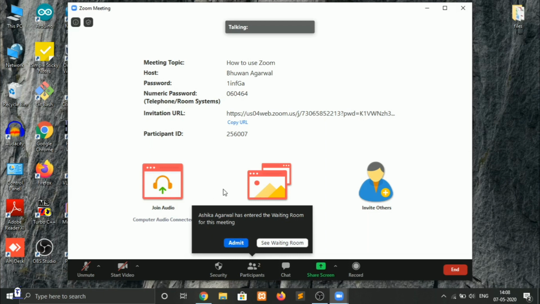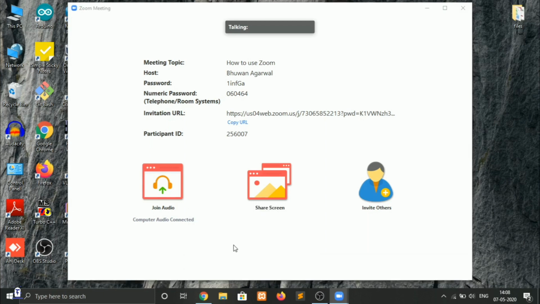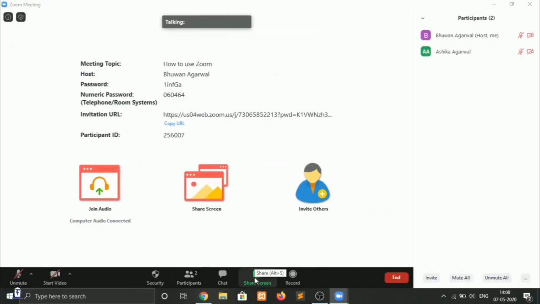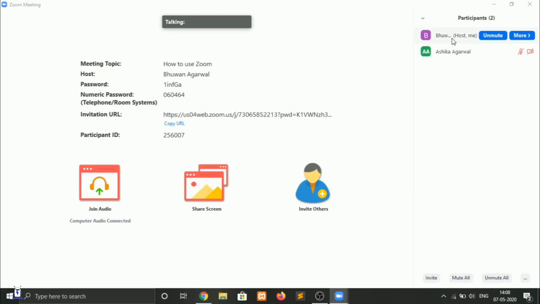If I wouldn't have checked the waiting room checkbox, then this user could have joined the meeting automatically. So I will allow this user to join the meeting, and here you can see that there are two participants. I will click on the participants, and here two participants are there. One is the host and one is my friend.